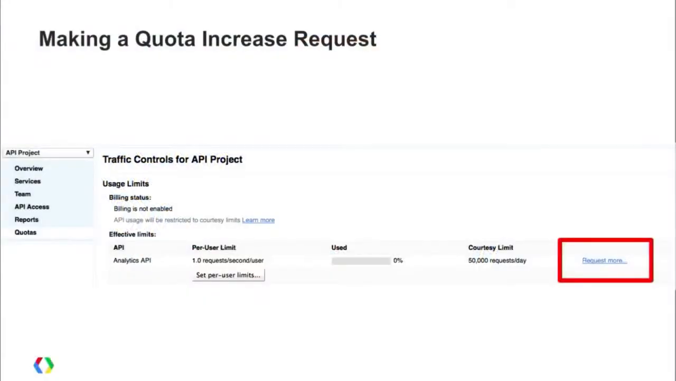So again, start back at the API's console. If you go to the quotas pane, you'll see that there's a link that says request more. And that'll kick off the whole process where you fill in some information of what you're looking for in terms of quota, how does your app work. But some of the things you probably want to start off with thinking about before you make a quota request